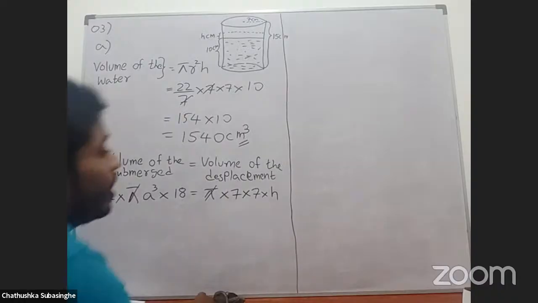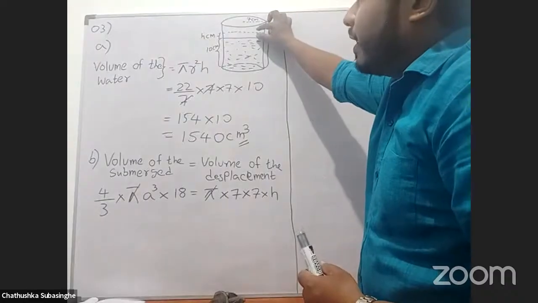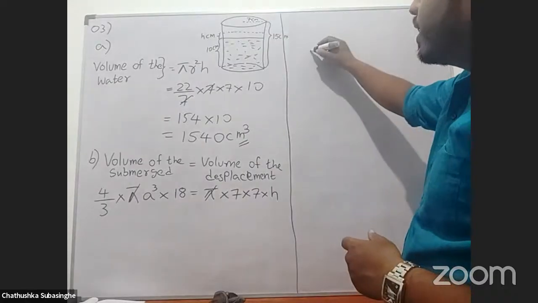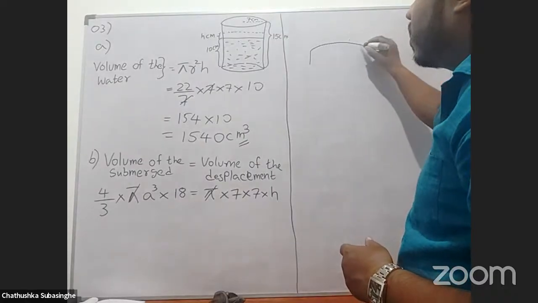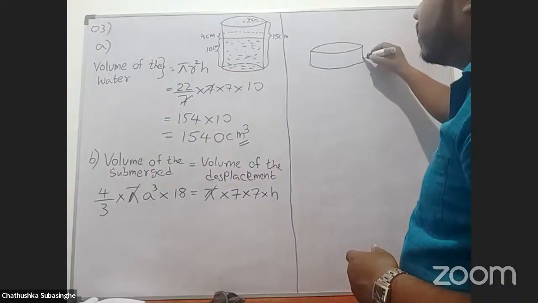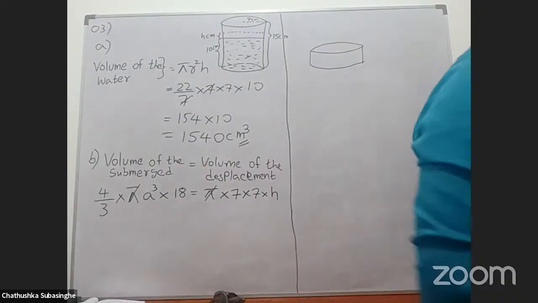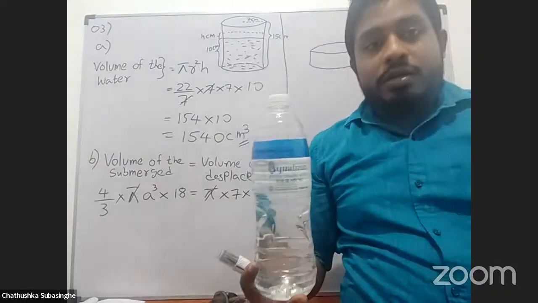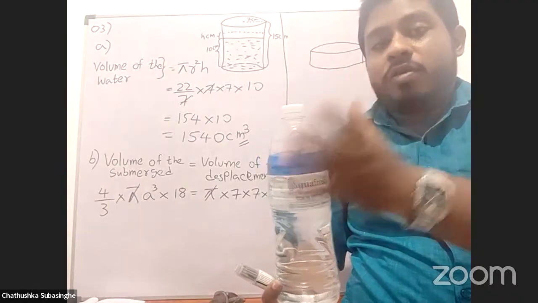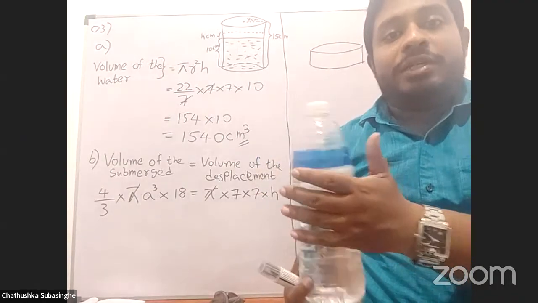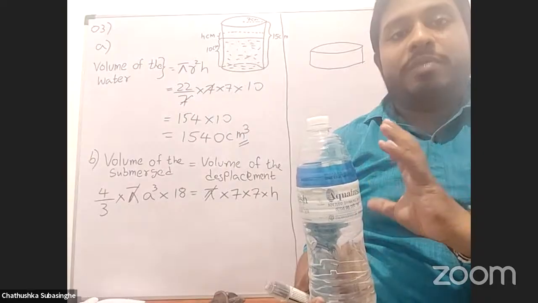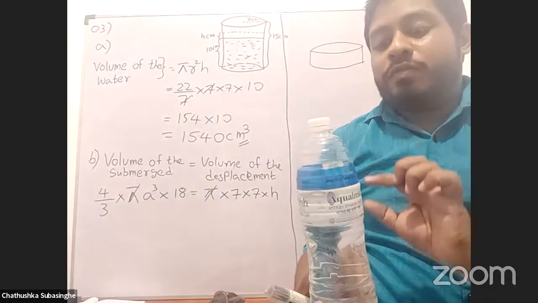Okay, I will explain. So now this water level came up this much. Water level came up this much. Okay. So I'm going to draw that water level which came up. So inside that cylindrical object, that water level stays like this, right? Think of a normal water bottle. When the water level comes up, it comes up as a cylinder because the fluid takes the shape of the object which it is in, right? So the fluid takes the same shape of the object. So when it comes up,